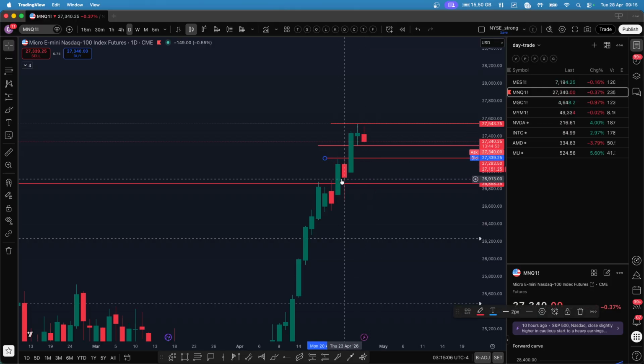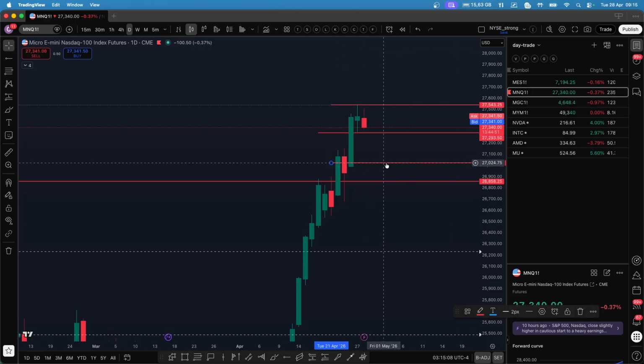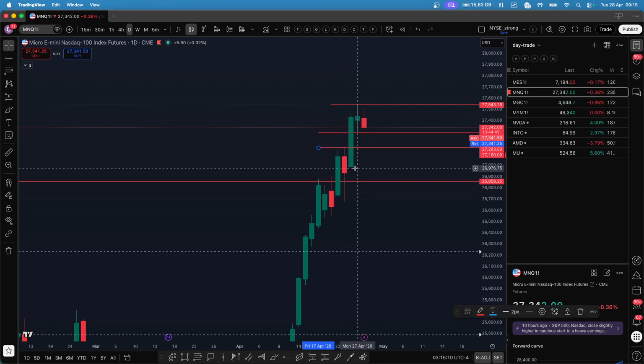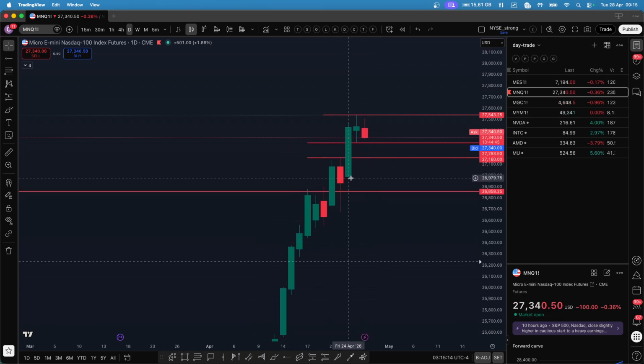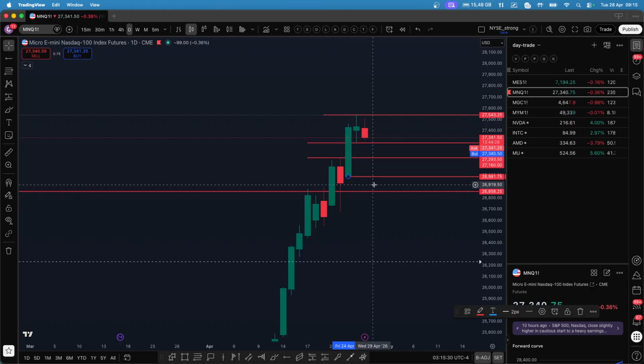But ultimately, I want to see this level because if we see this candle, we don't have any wick towards the downside. So it could be a magnet to fill this level. So I think this level is quite important. We might get a bounce here. So these are the levels I marked on the NQ chart.